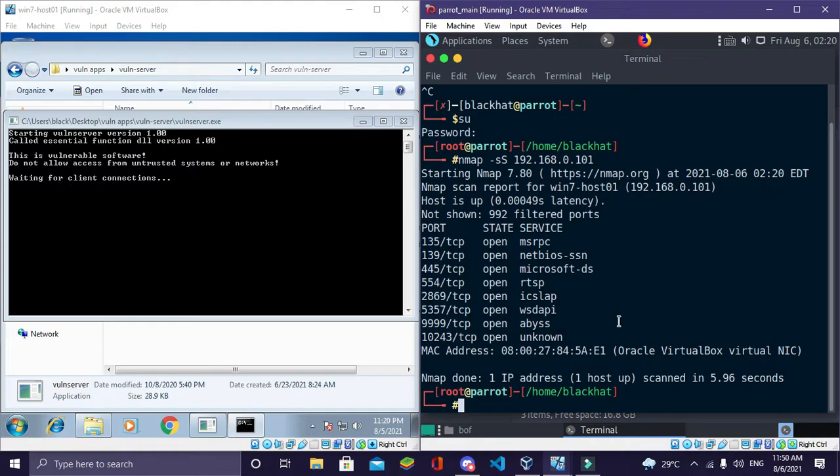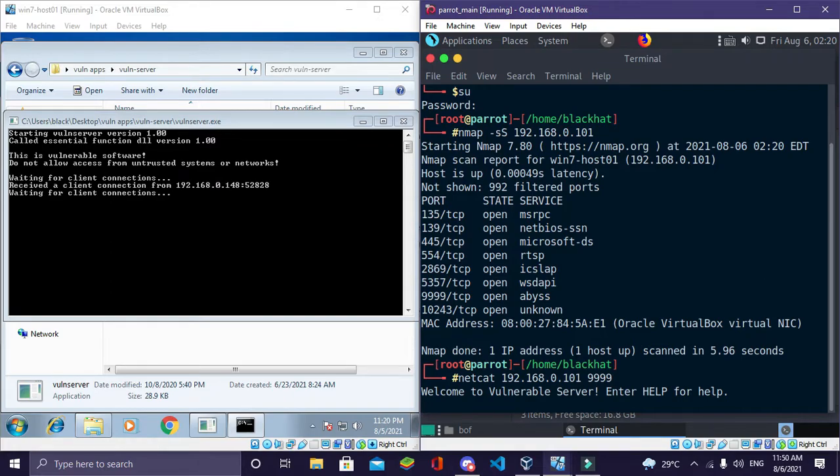Now let's try to connect to it with netcat. Type netcat 192.168.0.101, which is the IP address of the victim, and then the port number 9999. It says welcome to vulnerable server, enter help for help, which means it has now connected to this Windows 7 host using that vulnerable app.